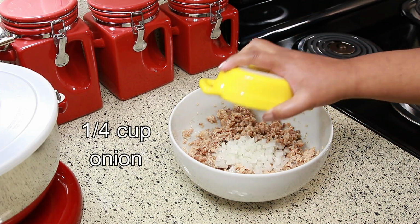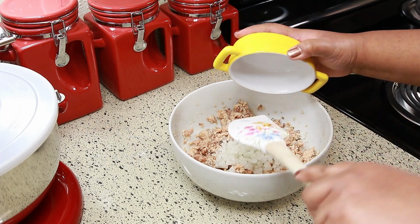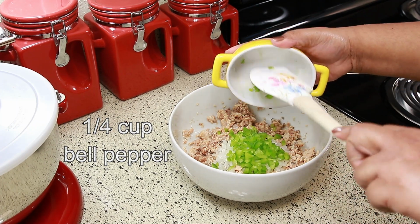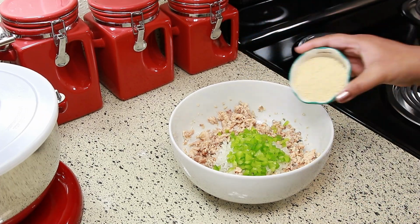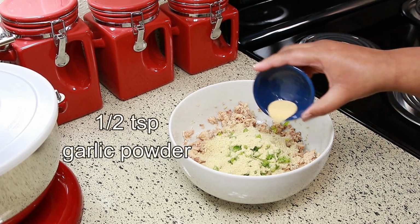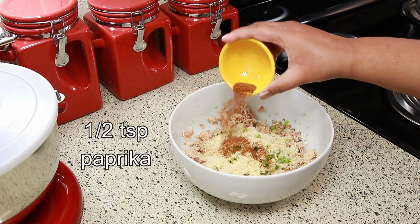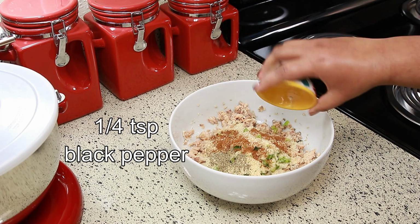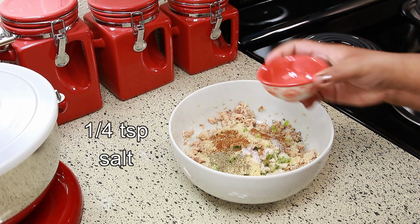To that, I'm going to add a 1/4 cup of finely chopped onion, a 1/4 cup of finely chopped green bell pepper, a 1/4 cup of plain breadcrumbs, half teaspoon of garlic powder, half teaspoon of paprika, a 1/4 teaspoon of black pepper, a 1/4 teaspoon of salt,